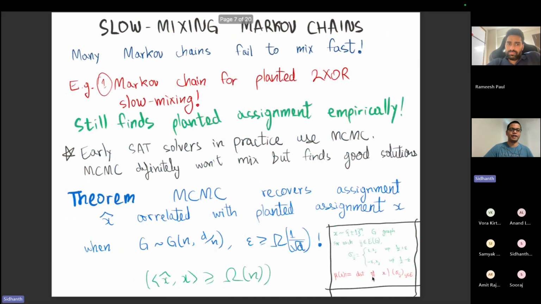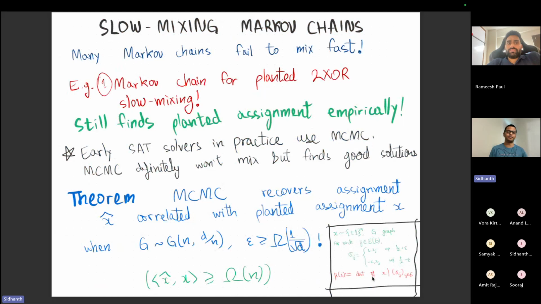Okay, but now let me throw a curveball at you. I said all these things about how it's important to sample from distributions, and then you run Markov chains to sample from these distributions. But one interesting phenomenon is that there are many Markov chains whose goal is to sample from a distribution, and these Markov chains actually fail to mix fast. But even though they fail to mix fast, they are actually empirically still successful at the downstream task of sampling. So they might be failing at solving the sampling problem, but they're still pretty successful at whatever you wanted